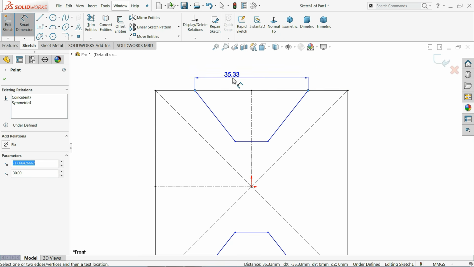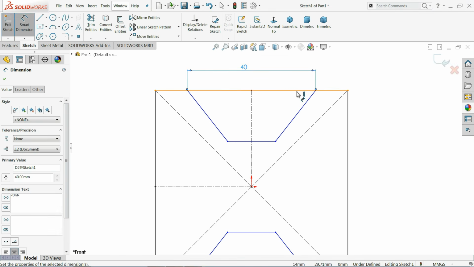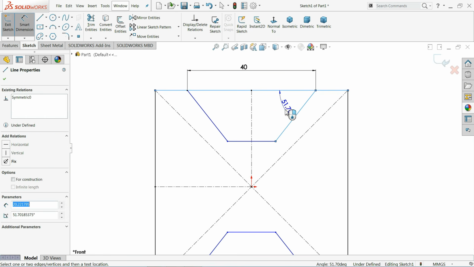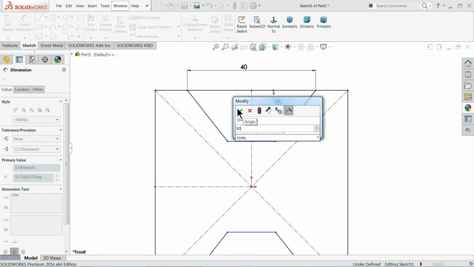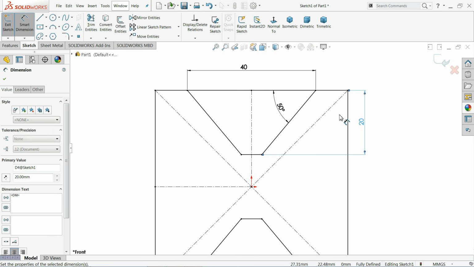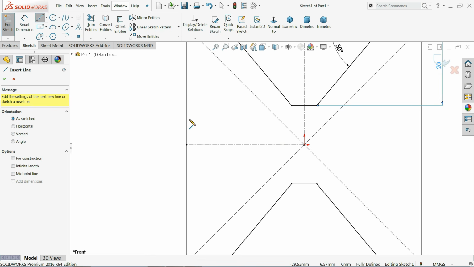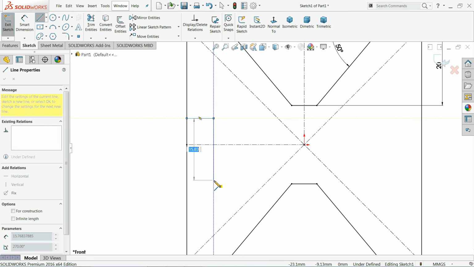Distance, it is 40 millimeter according to the drawing. That's it. Now the angle is 50 degree and the length from the bottom edge is 20 millimeter. Okay, now that's it. Now let me choose line again and create one rectangle,